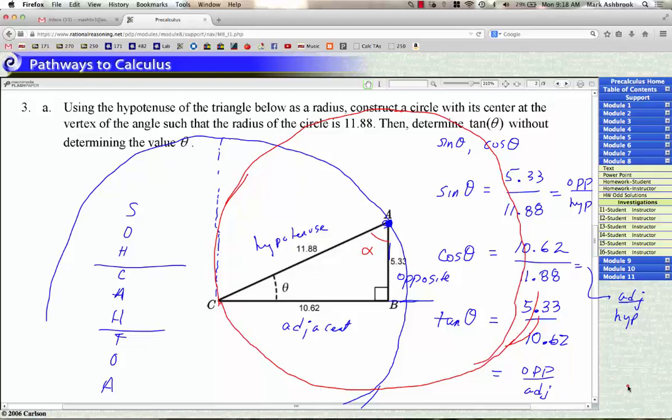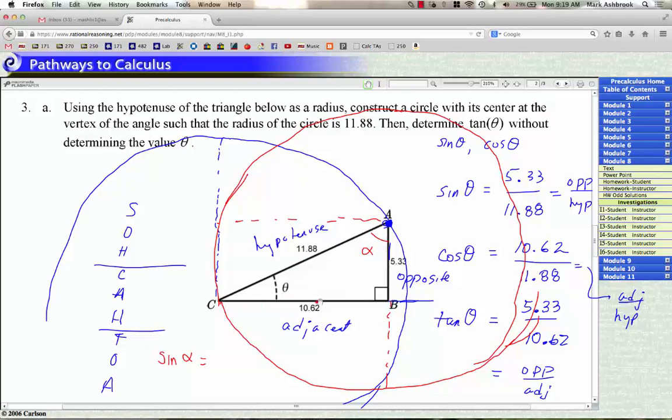Okay, so you can make another circle where alpha is that. So A now is the center, okay, and CA is still the radius of that circle. Can you see it? So now, what would sine of alpha be? So can you see that now horizontal diameter is this way, and vertical is turn it on its side. So turn this whole thing on its side. Angle alpha being swept from the horizontal. Can you see that sine alpha would be,